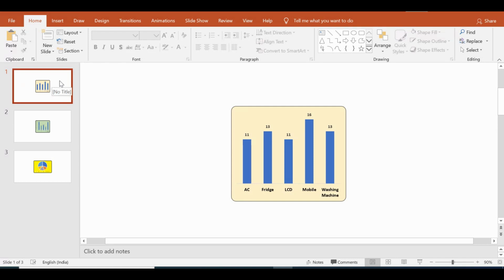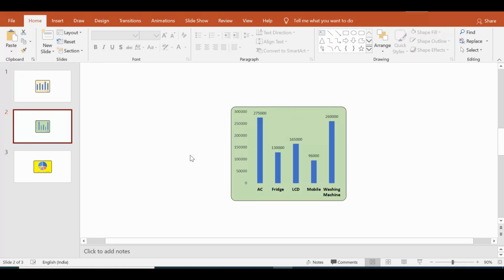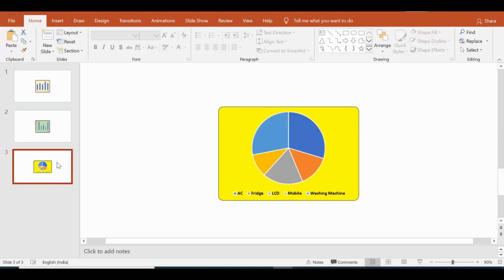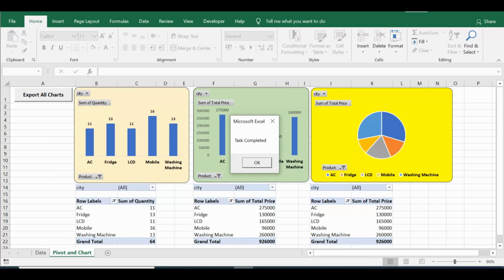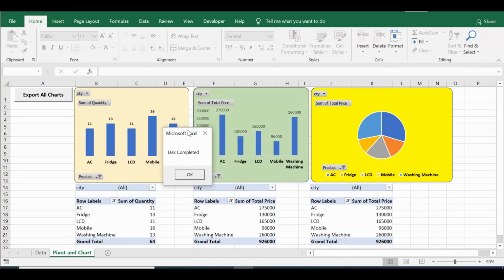So we can see the first chart on the first slide, second chart on the second slide, third chart on the third slide, and also I'm getting the message task completed. So let me click on OK. Now let's see what is the VBA code that I have developed for this task.